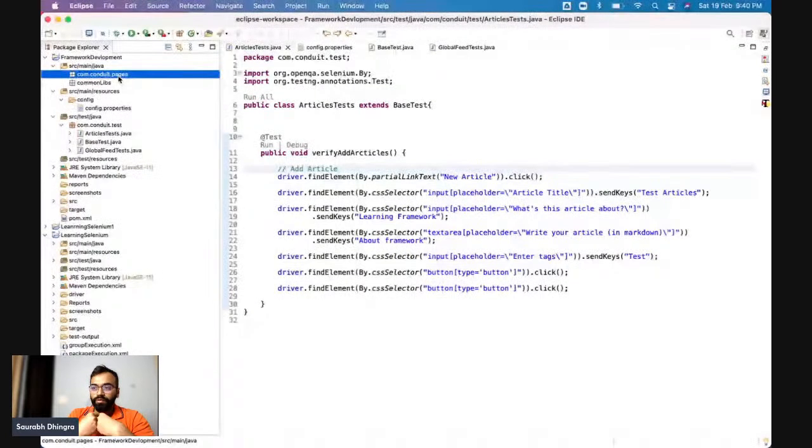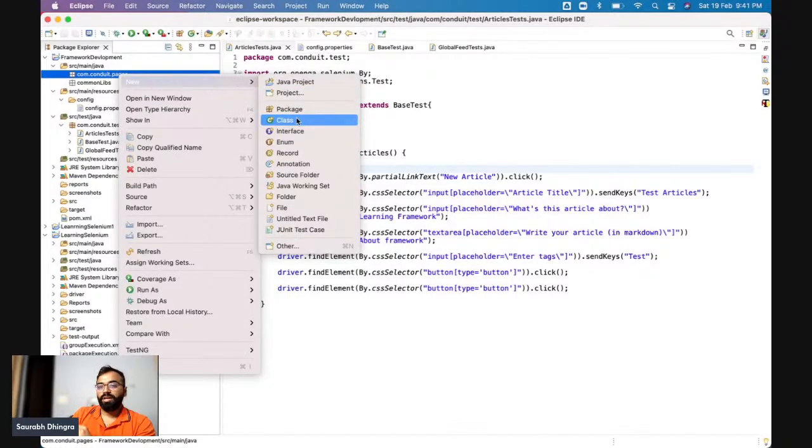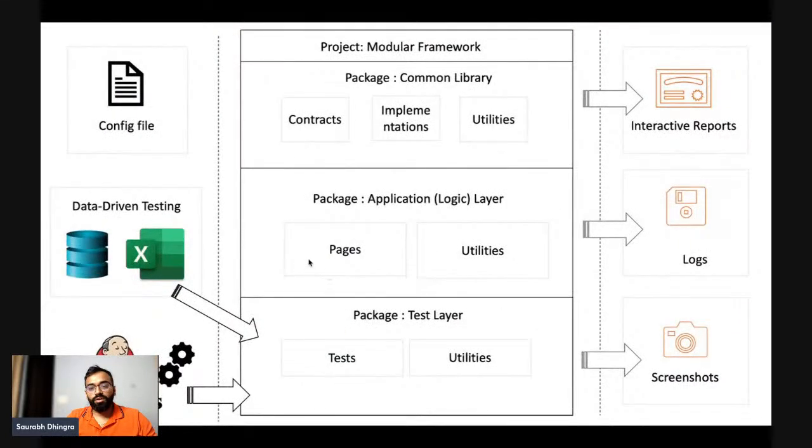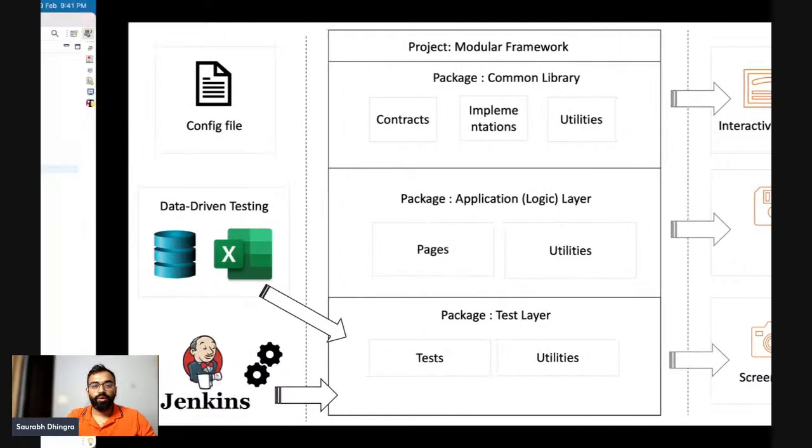Whenever we use any framework, you can use some design patterns. One of the design patterns is page object model, and an advanced version of it is page factory. So I will use the same design pattern. Now what is that design pattern? It says that in whatever application you are testing, for every page you have, create a separate class. So for my conduit, I'm testing the article page, so I'll say article